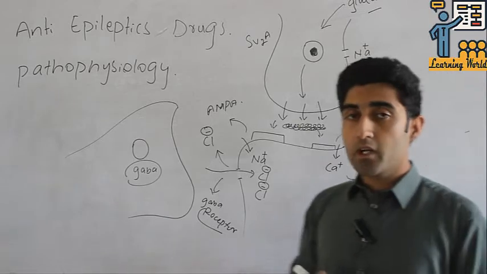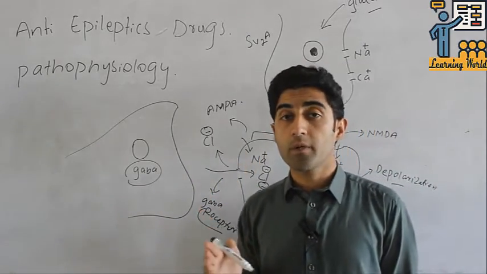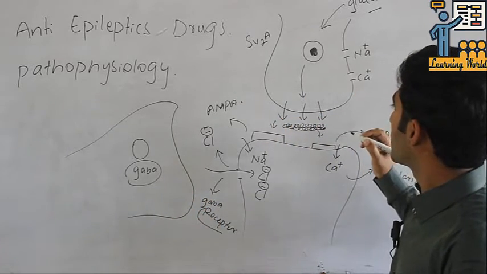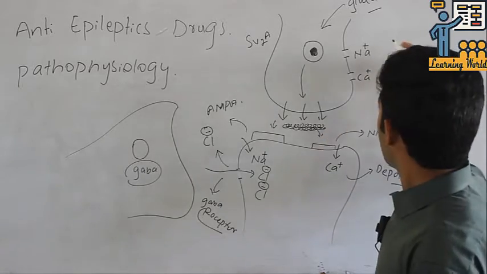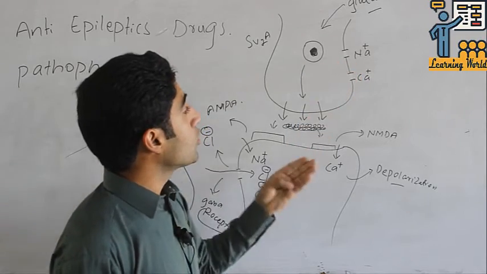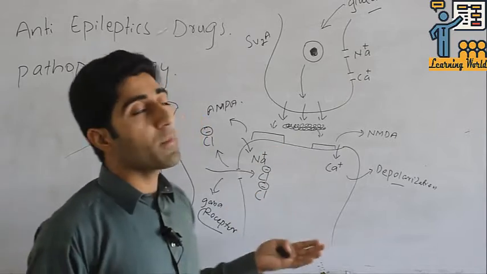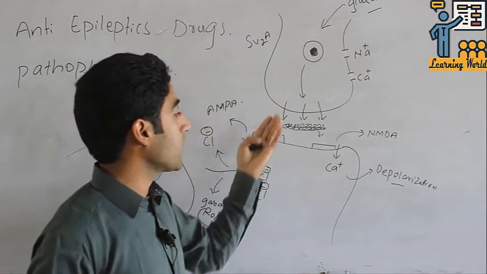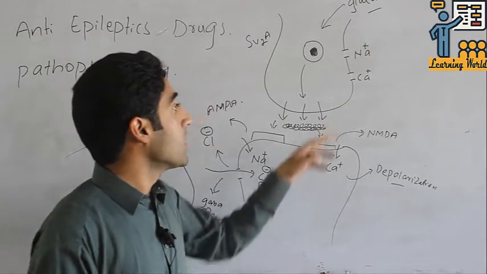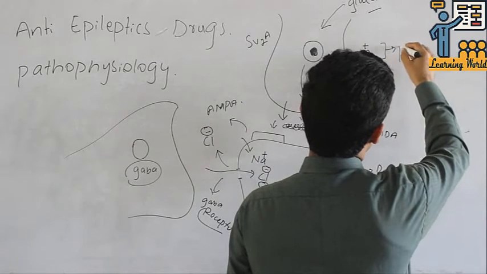There are some drugs which are responsible for relieving the symptoms of epilepsy. The first drug of choice is used to block the sodium channel, to stop the depolarization. When the depolarization is stopped, the glutamate will not be released from the presynaptic membrane towards the postsynaptic membrane, and it will not show its excitatory function. The sodium channel blocker drug is phenytoin.